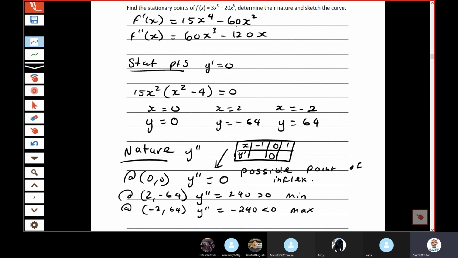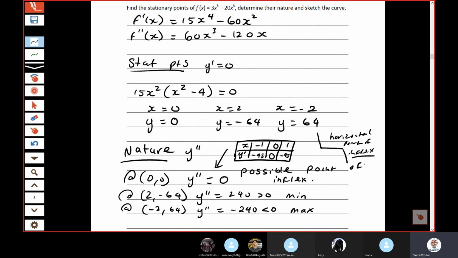And what does that give me? I think 15 take away 60, -45. If I sub in 1, I think it's still going to give me -45. And what is that? Look at that, that's a negative, 0, and a negative. So that's not minimum and not a maximum, it's a horizontal point of inflection. Exactly. But, like I said, we can't actually conclude that just yet, because we haven't done step